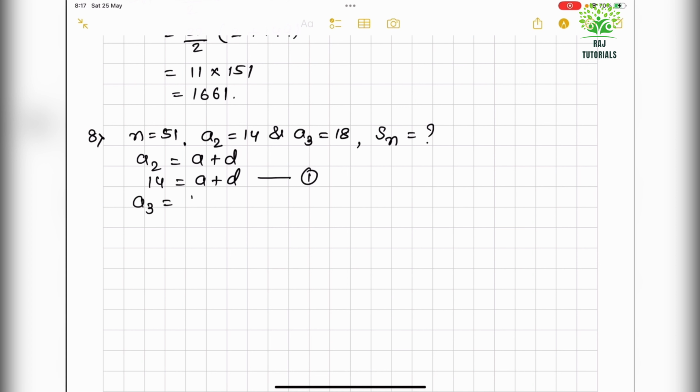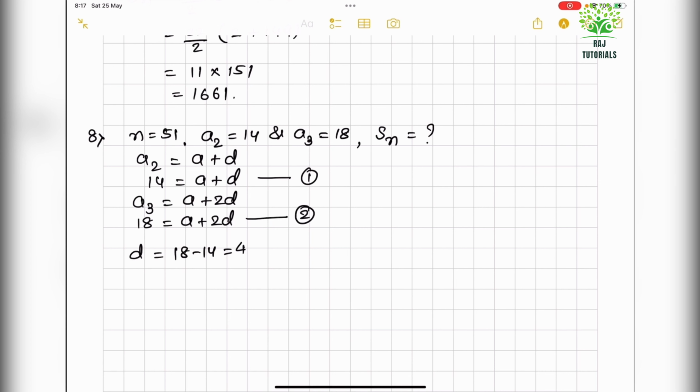A3 equals a plus 2d, so 18 equals a plus 2d, equation 2. If you see both the equations, only d is the difference, so d will be 18 minus 14,